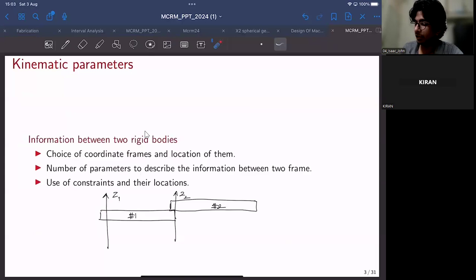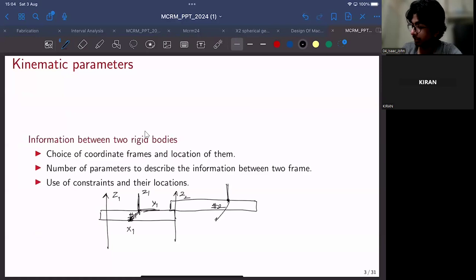The reason why we require frames is that since we are only dealing with rigid bodies, in deriving the kinematics of a rigid body robot, we can essentially replace this rigid body with a coordinate frame of reference. For example, if I attach a coordinate frame of reference on rigid body 1, I label this as X1, Y1, and Z1, following the right-hand screw rule. And I firmly attach another frame of reference on